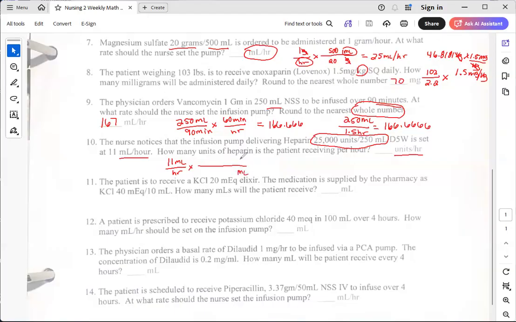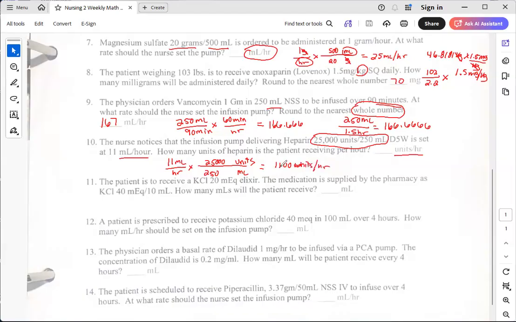So I'm getting rid of ml and I'm converting it to units. So 250 ml down here, 25,000 units up here. So I'm going to take 11 times 25, 1, 2, 3 zeros, and I get 275,000 divided by 250, and I'm going to get 1,100 ml, or units, sorry, units